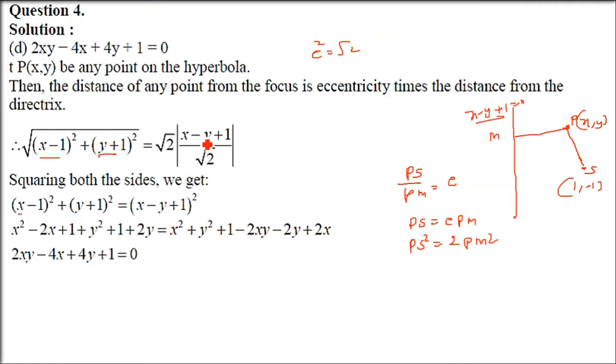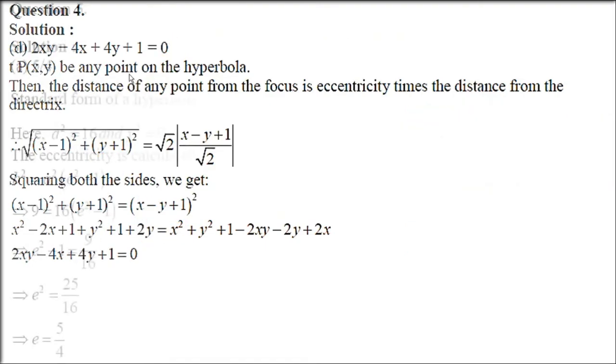Now the distance of a point from a line, you know how to do it. Just put the point in place of x and y, which is already x and y. And then take the coefficients of x and y, square them, add them, take the under root. So it will be under root of 1 square plus minus 1 square. So you squared it. So 2 is already in the denominator, and the 2 from the eccentricity square cancels it. So x minus y plus 1 whole square it is. Now you have to open this and rearrange and you are going to get the result.